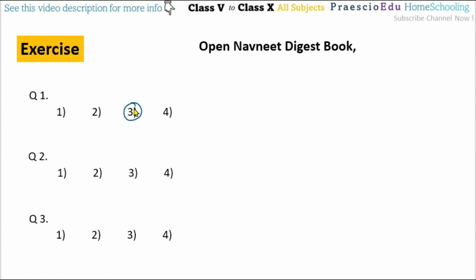Then question number 2, how many triangles does the given figure contain? There is a figure like this, and here also one triangle inside. So how many triangles? This outer one is 1, then 2, 3, 4 and 5, so plus 4. We can say 5 triangles are there, and this 5 is given in option number 2.